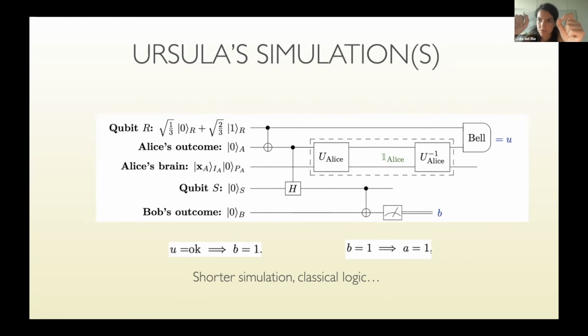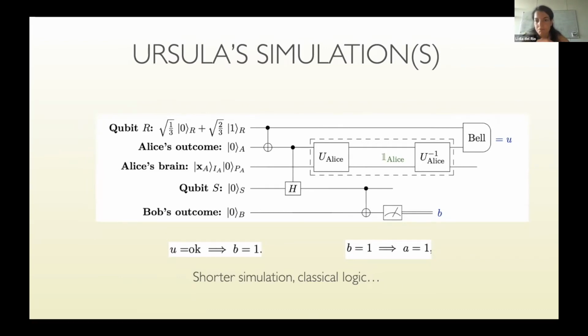And then she combines this with the other inference that she knows from a previous simulation she ran a long time ago, which is that if Bob's is 1, I put myself in Bob's shoes and I know if Bob's is 1, then he thinks that Alice saw 1 as well. Right? And then I combine these 2 classical inferences just through normal classical logic. So we have 2 options here. They're very different in that in this one, it looks like we need more classical axioms. So we need Ursula to be able to combine these statements by different agents. But on the other hand, it's much easier to compute, right?